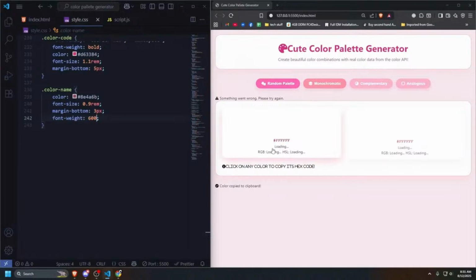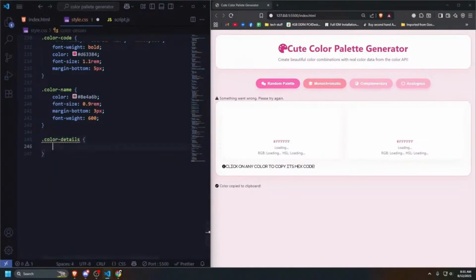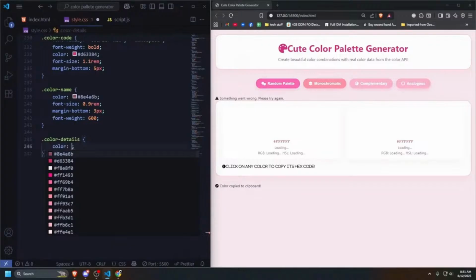Okay, now this will change back, so don't worry. I'm going to make sure that it changes. Right now it says two colors, but we're going to change it, don't worry. I'm going to do the color for the details, which is right under that. For the details, what I'm gonna do